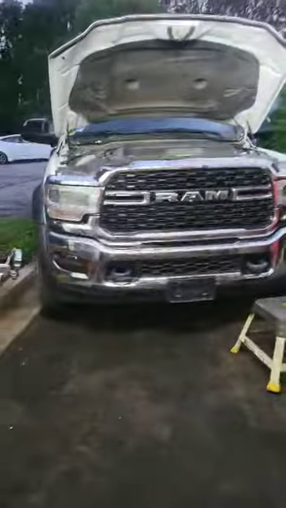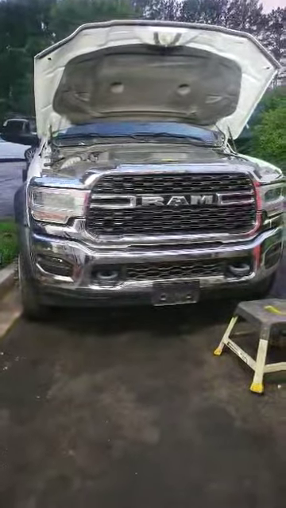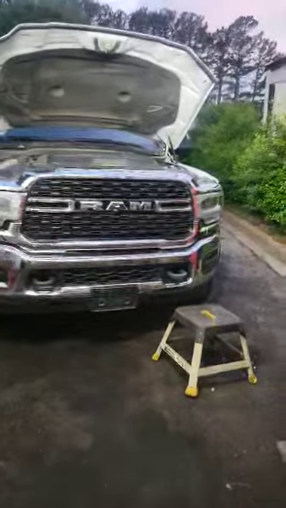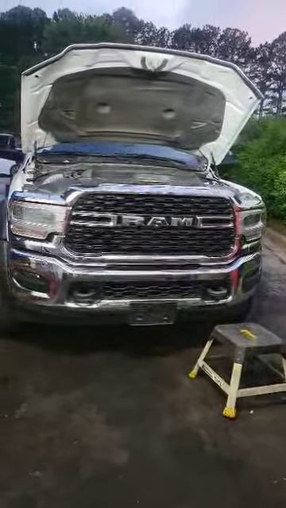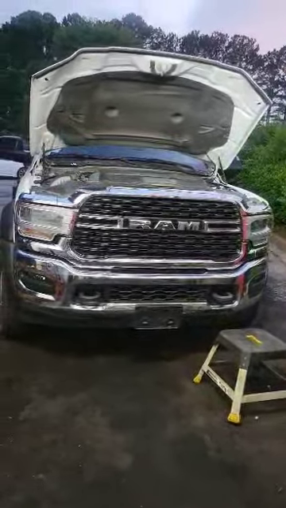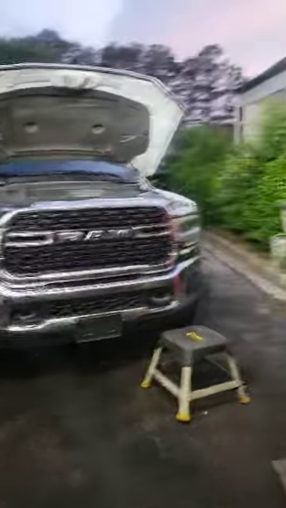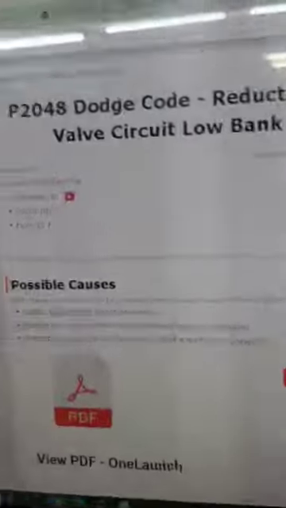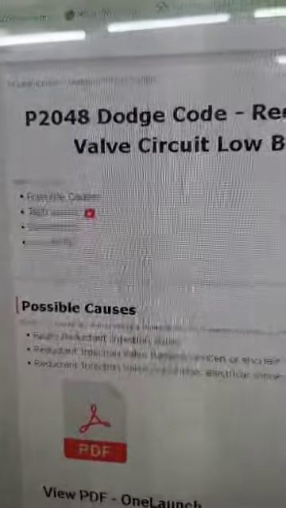Hello, today I have a 2022 Ram 4500 with a 6.7 liter turbo diesel engine. I have a code P2048 and P2482, and let me show you here before I go down there. Oh, the codes that I have. So this one, the 2048